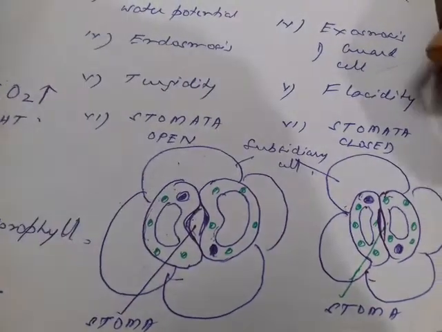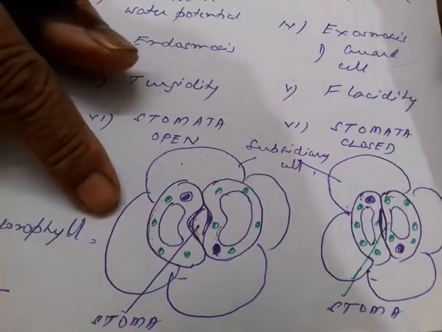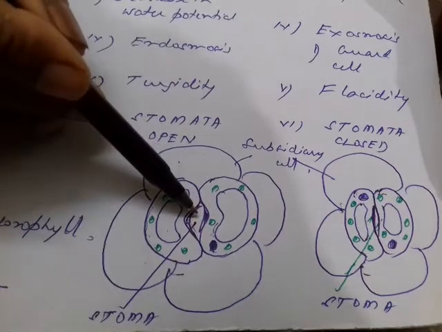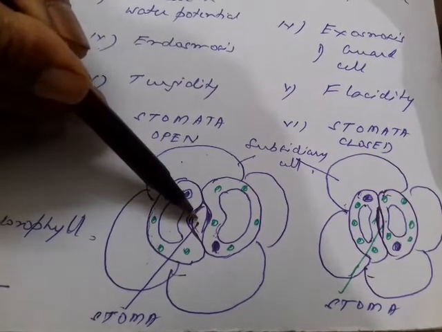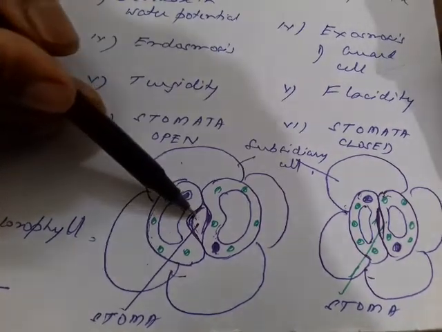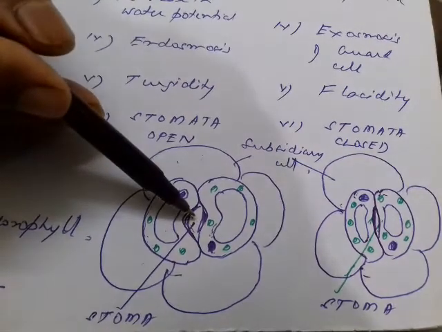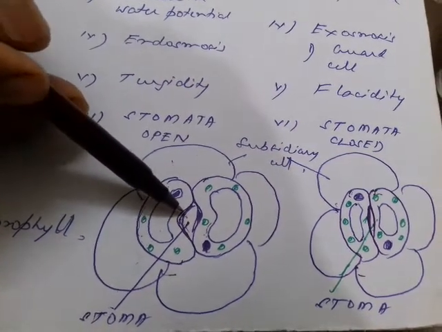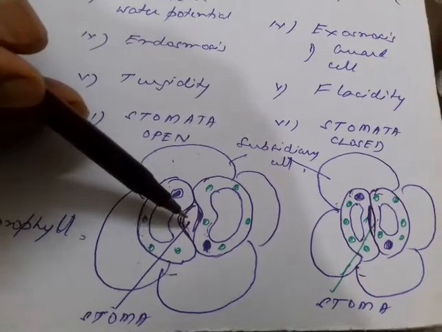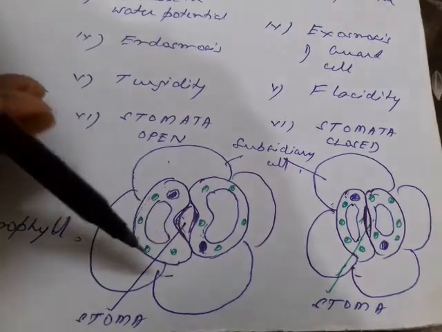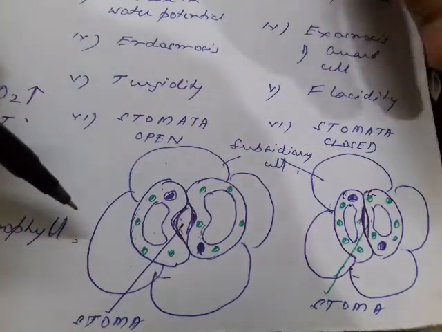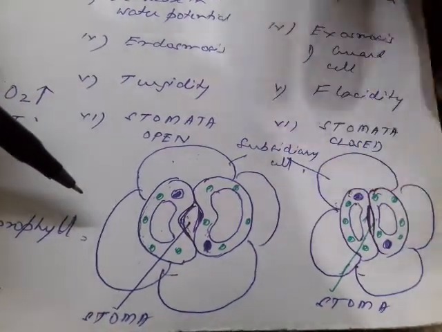Now this phenomenon is actually helping photosynthesis, in that during the daytime the carbon dioxide can enter through the stomata, and even the water vapor can move out of this. The oxygen which is also formed as a byproduct can also move out of the leaf through the stomata, because the stomata are distributed on the undersurface of the leaf in a dicot leaf and on both surfaces in a monocot leaf.